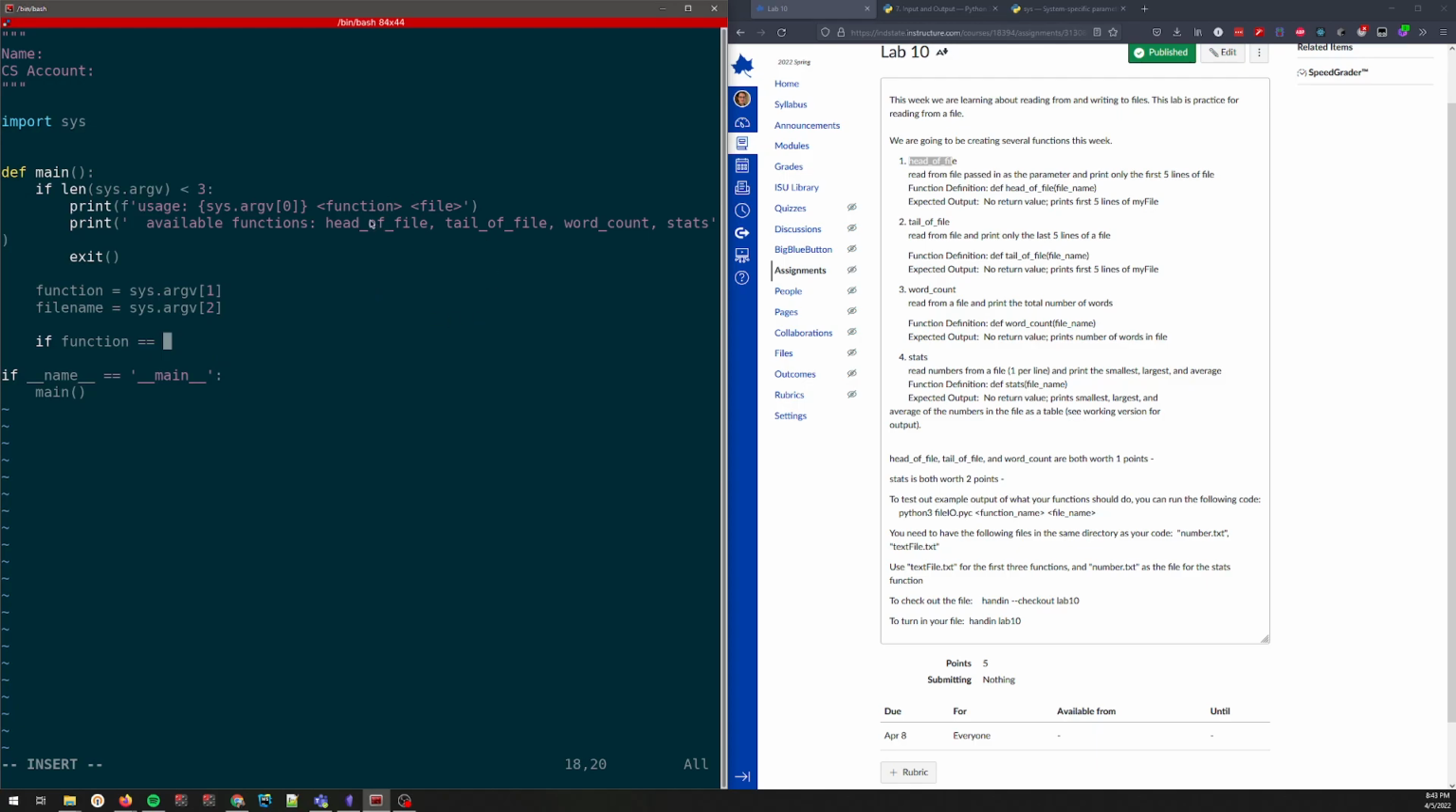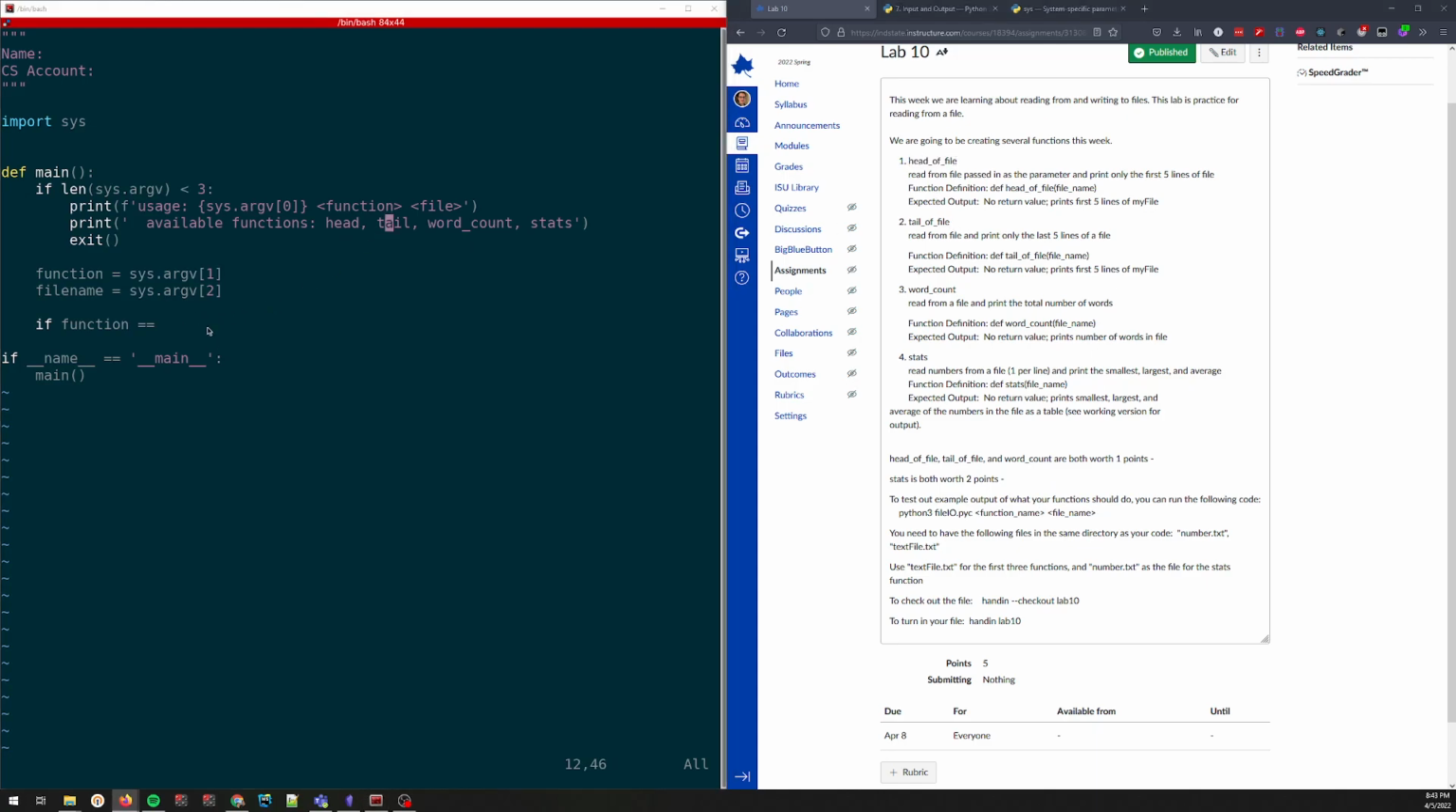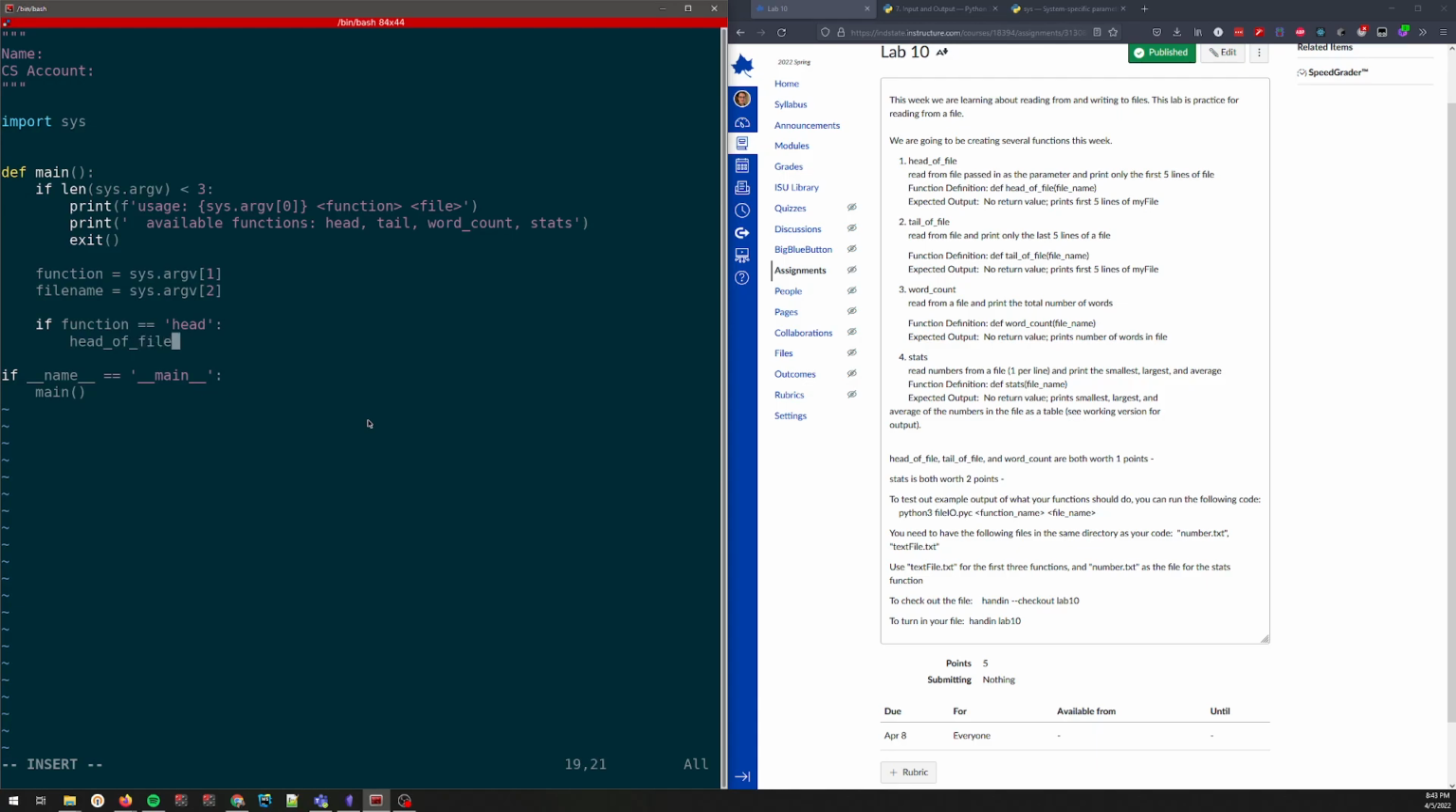You know what? Instead of printing all these, there's nothing special when we call these functions. We don't have to expose the functions as what they are. So let's go ahead and give short names, kind of shorten what we have to type, for head of file and tail of file. And so these are what we're going to look for, and then we're going to map them to the required function names that we have here. So our function is equal to head, to do something. Actually, we want to call head of file,